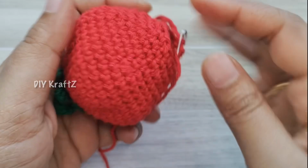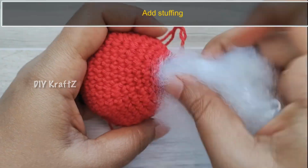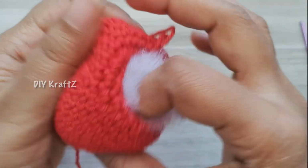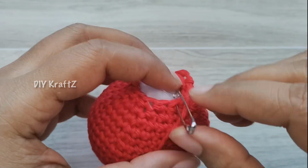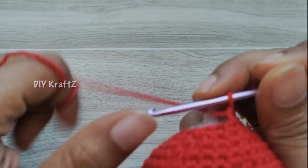Take a good amount of fiber fill and start filling into the tomato, starting from the edges, and then slowly start stuffing into the center as well. Make sure you don't overstuff, and at the same time it shouldn't be understuffed. Either of it will ruin the shape of your toy. So once you are sure that you have enough stuffing in the project, then let's continue to make the last